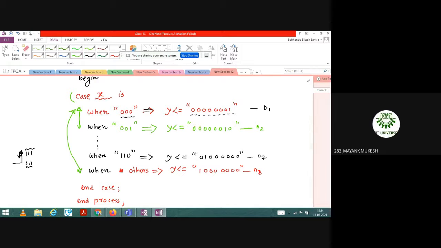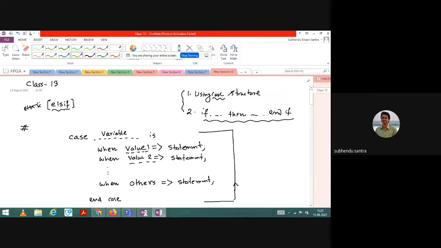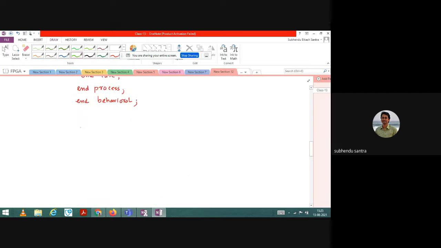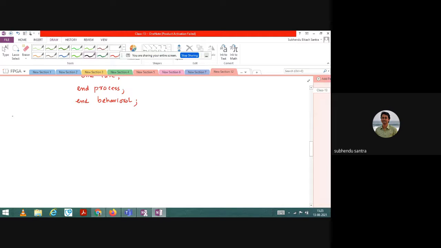Definitely you can use case structure. Already you have used if else structure, and case structure you already know, because I have solved it now. But you should also know the other thing. That's why I would like to solve the encoder problem using the if then architecture, or if then style of writing. So let us solve it. Definitely you can solve it using the case structure, that's what I told you.